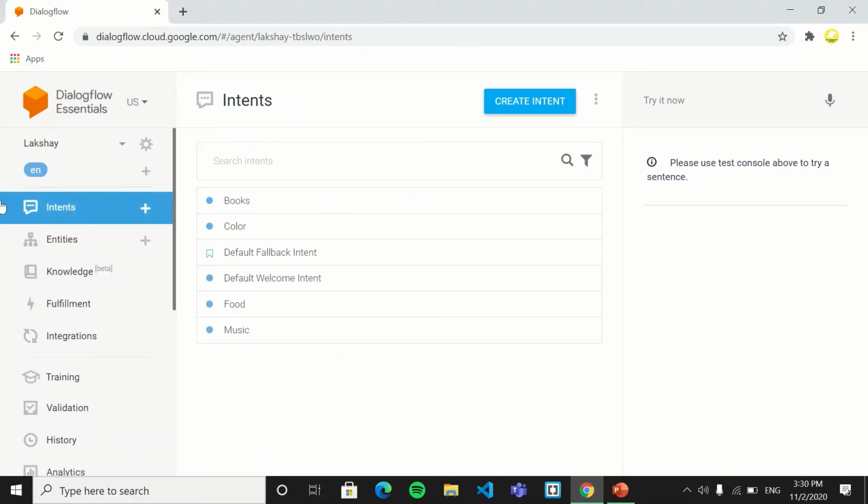Now there is an option, intents. You can make different types of intents. So this is the default welcome intent.